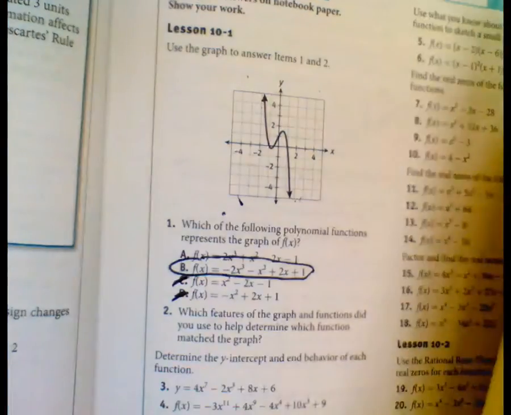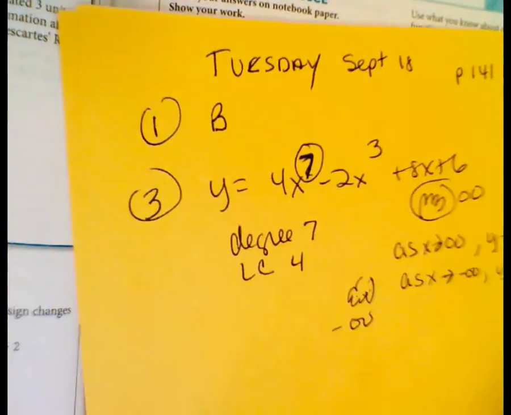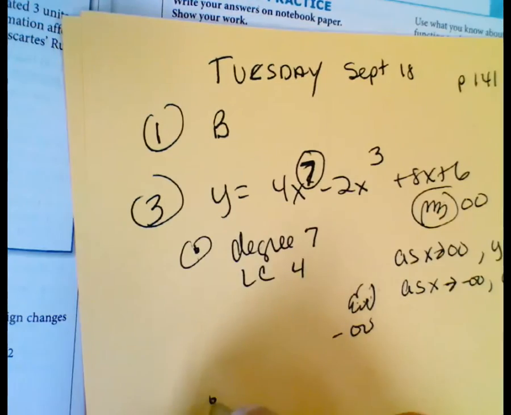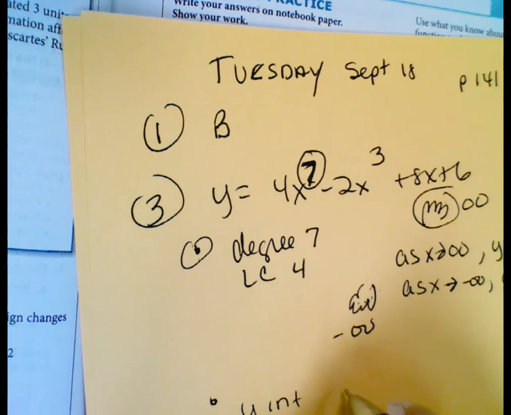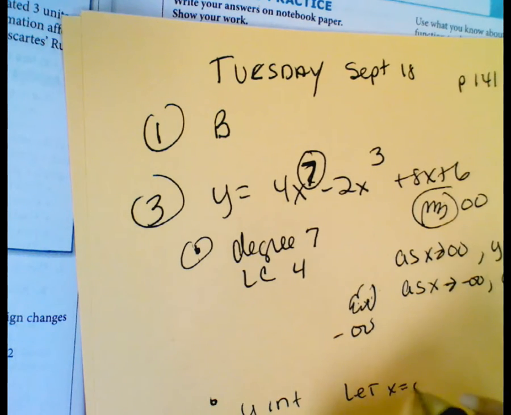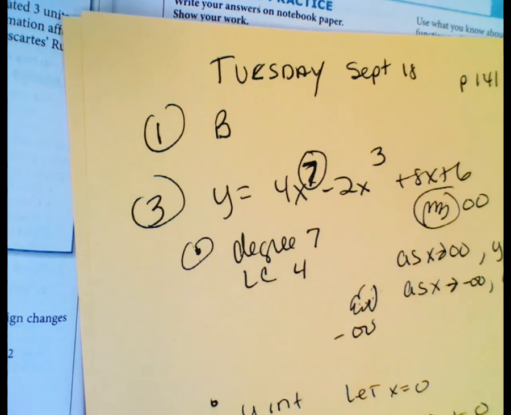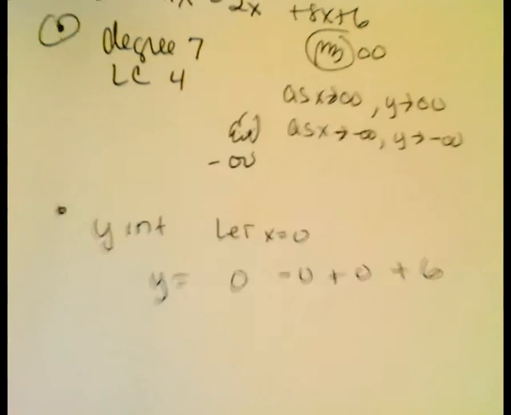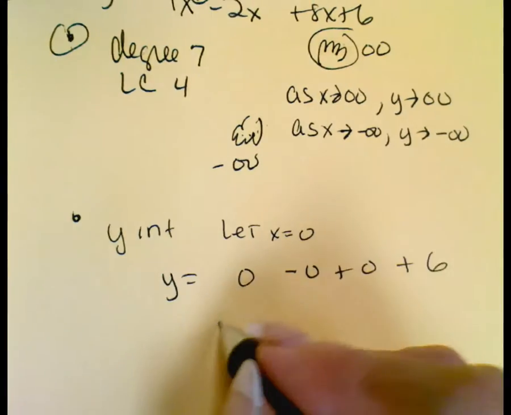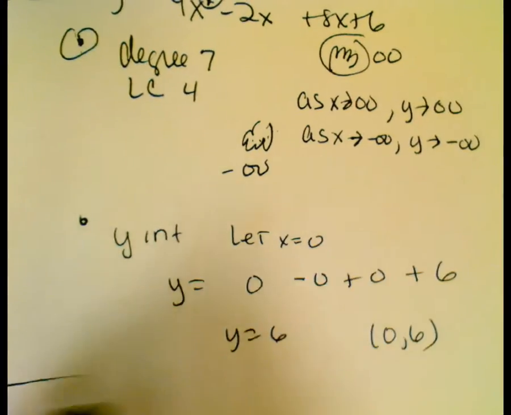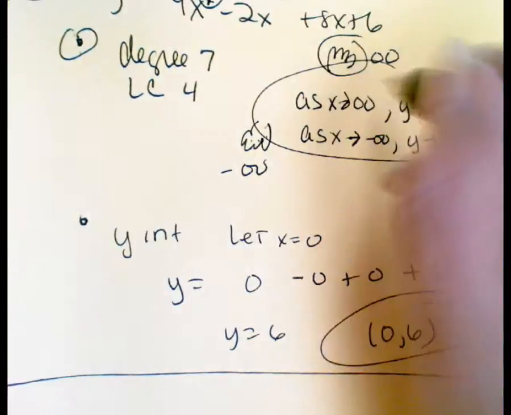Second question, what is the y-intercept? So to get the y-intercept, so this is the ends, we'll say point, point. To find the y-intercept, you're going to let x equal 0. Okay? So basically it looks like this, 0 minus 0 plus 0 plus 6. So anything that has an x becomes a 0 in this problem. So the y-intercept is 6. 0, 6. Okay, that's all you have to do for number 3. Y-intercept, end behavior. And number 5